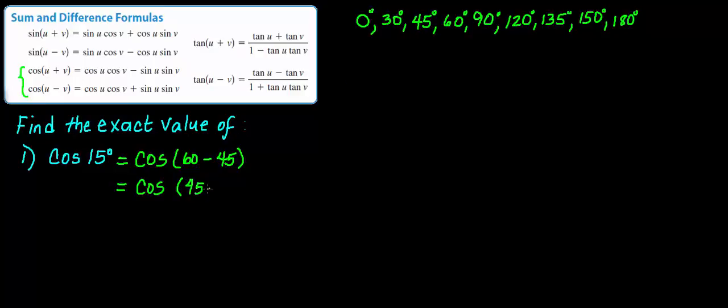That will also still be equal to 15 degrees. I can also rewrite cosine of 15 degrees as the cosine of 135 minus 120, for example. And you can see that you can combine any of these values to give you 15, and